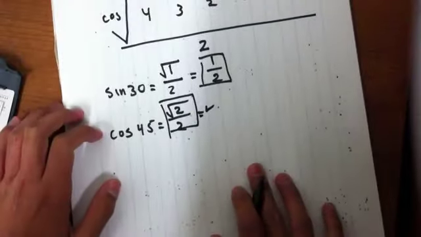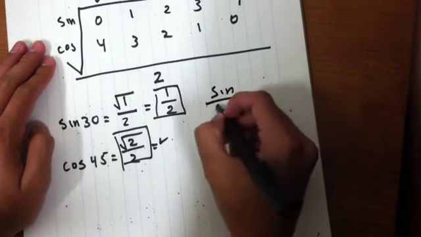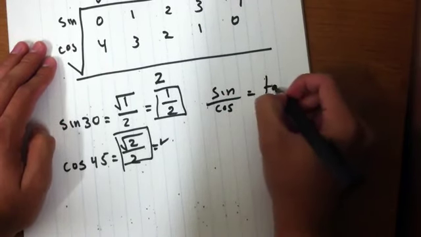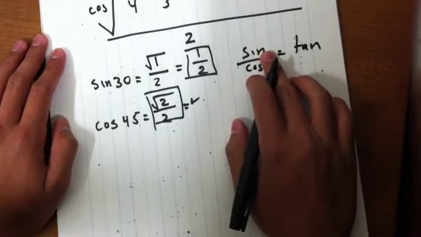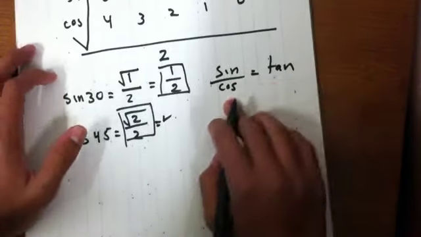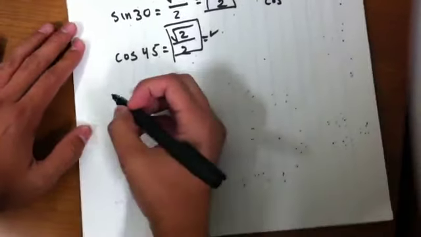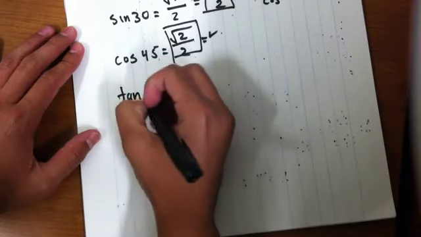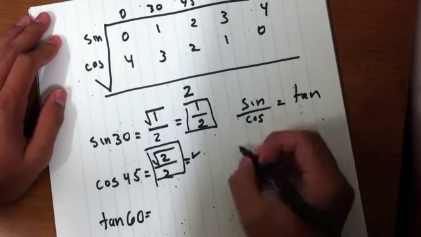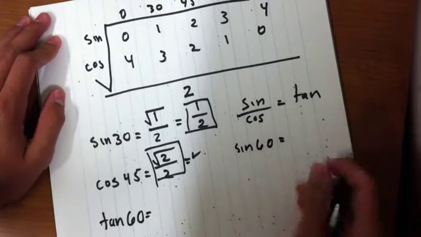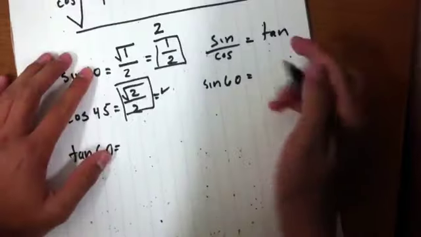Okay, so let's say you want to find tangent. We know that sine over cosine is going to equal tangent. So if we wanted to find tangent of a certain degree, we just have to find the sine of that degree and the cosine of that degree. As an example, suppose we want to find the tangent of 60. So first we have to do the sine of 60. Sine of 60 is going to equal square root of 3 over 2,